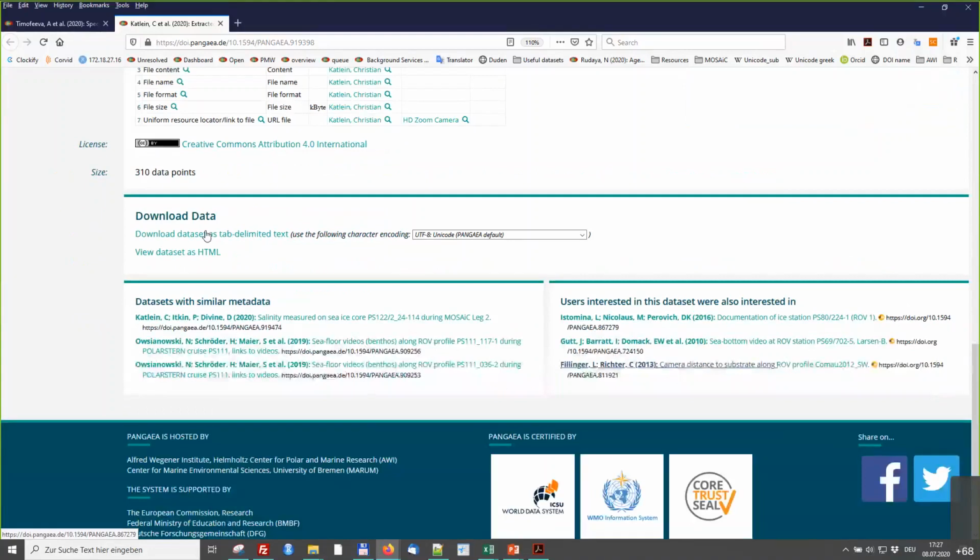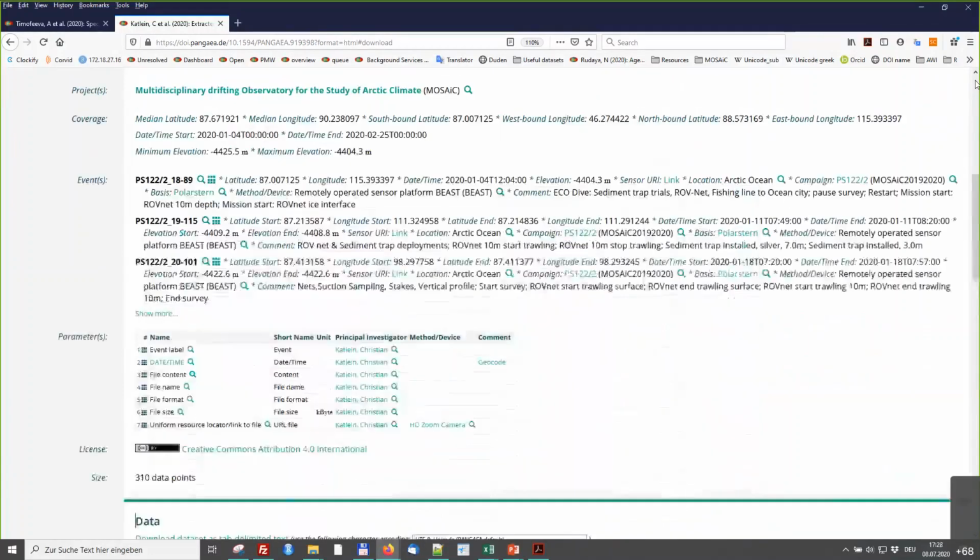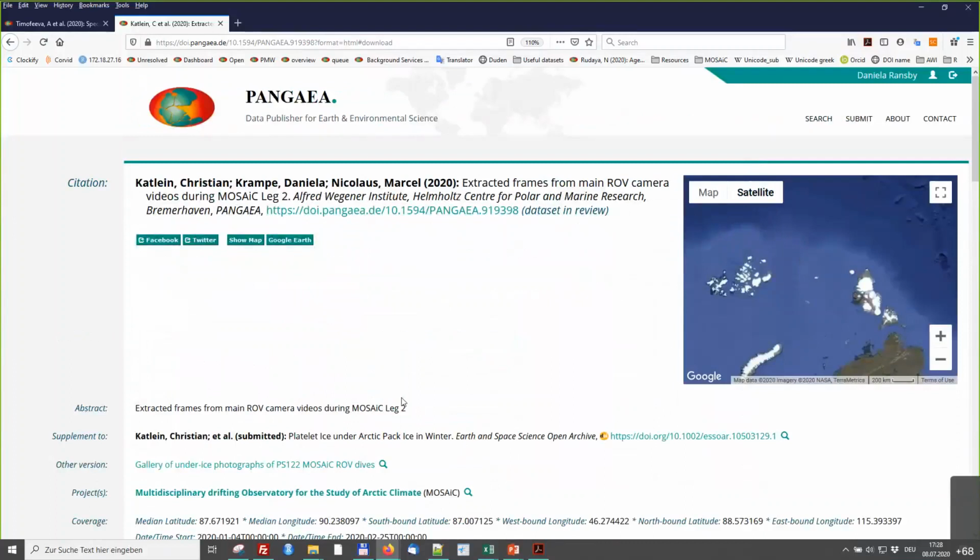When I go down to the dataset table, you see it contains a list of these individual files with their description, date, event. We also have another possibility to present files that contain images, which is a nice showcase in this case.